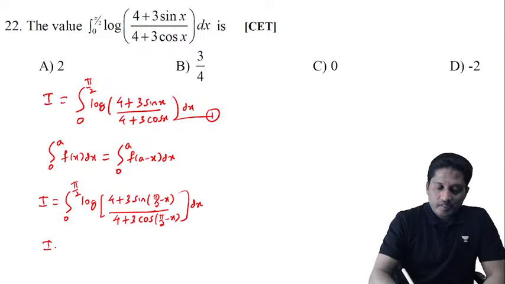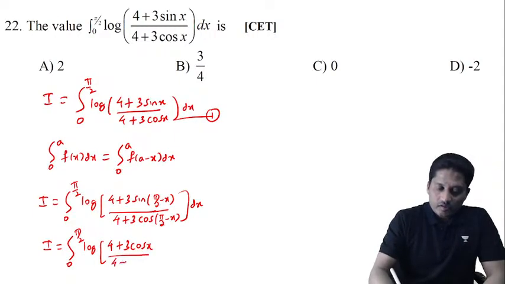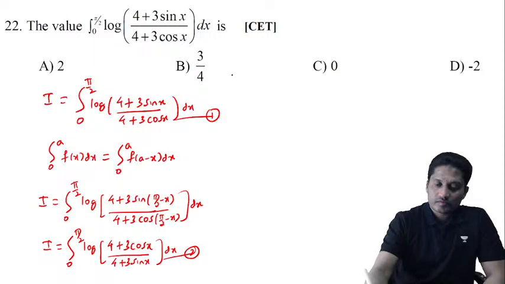So I is equal to integration 0 to pi by 2 of log of 4 plus 3 times sine of pi by 2 minus x, which is cos x, divided by 4 plus 3 times cos of pi by 2 minus x, which is sin x. Call this equation 2. Now if I add equations 1 and 2,